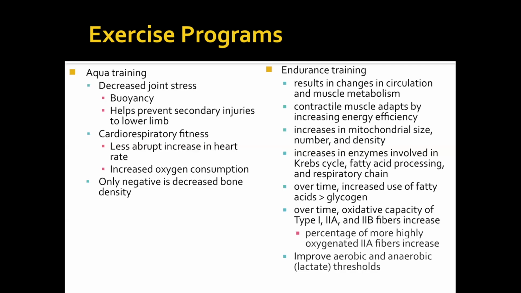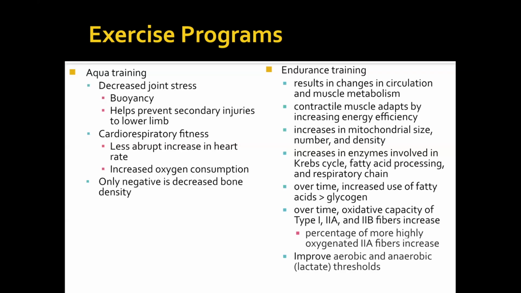That's just something to know. In endurance training, your results in change in circulation and muscle metabolism. The muscle adapts by increasing energy efficiency. You increase the mitochondrial size, number, and density, similar to weight training. Increase in enzymes involved in the Krebs cycle, fatty acid processing, respiratory chain, and increased use of fatty acids over glycogen. Again, you want to be able to burn those fat stores, because you have more of them stored in